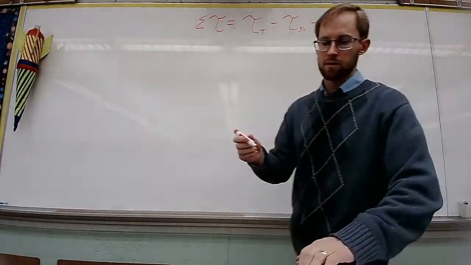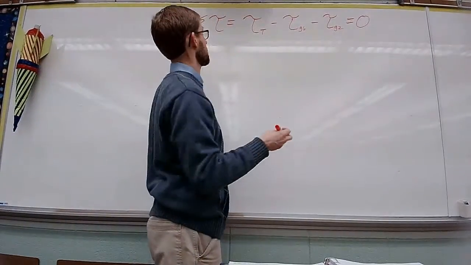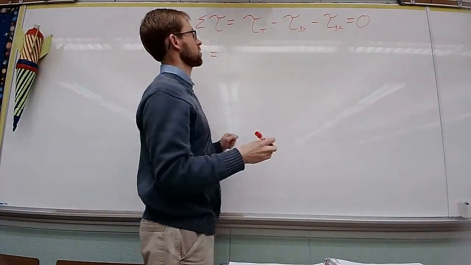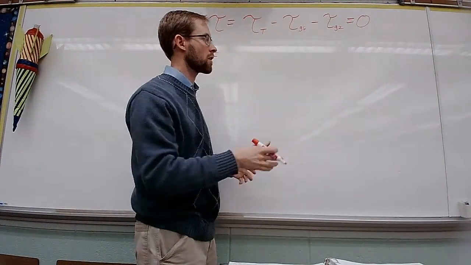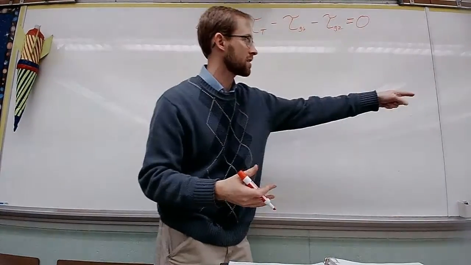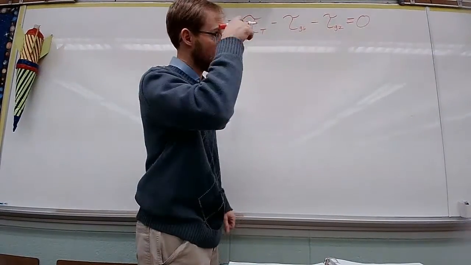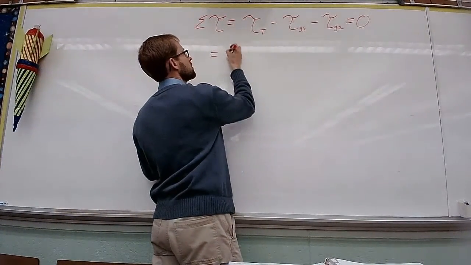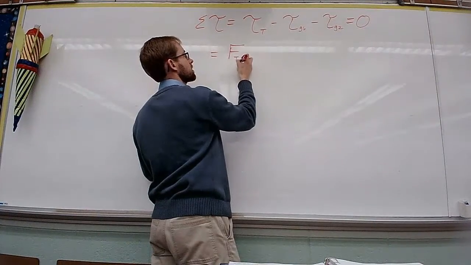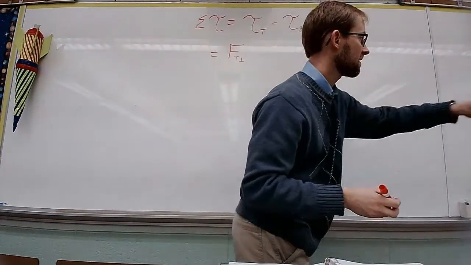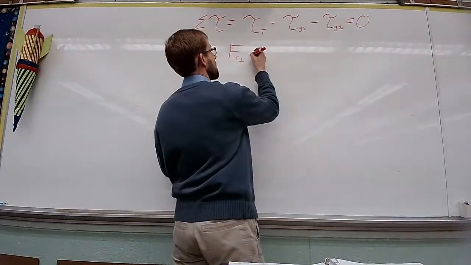So let's keep going with this and be more specific here. In terms of these torque values, torque is equal to radius times force, but not just any force, it's equal to the perpendicular force at the particular spot. So for the tension force over there, it's going to be equal to tension force perpendicular times length, which is the full length of the platform, L.